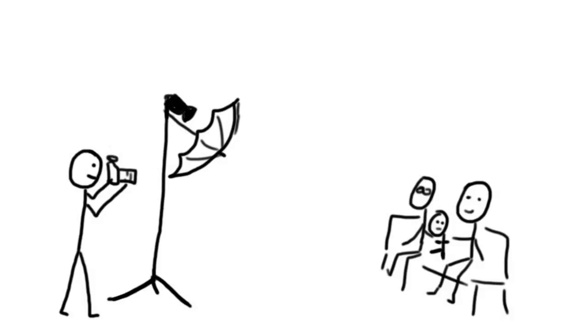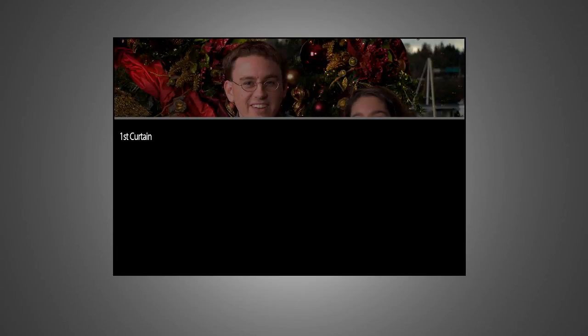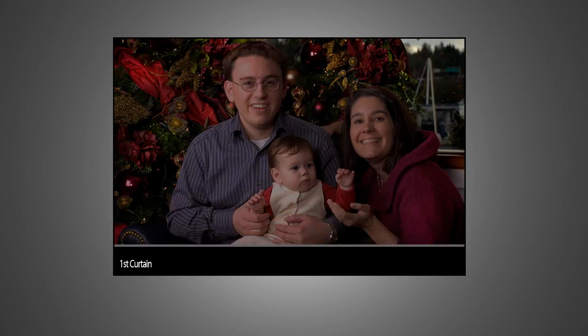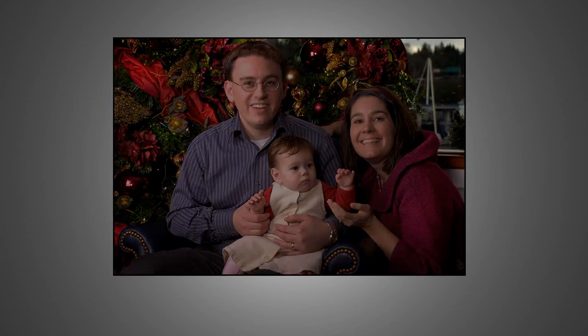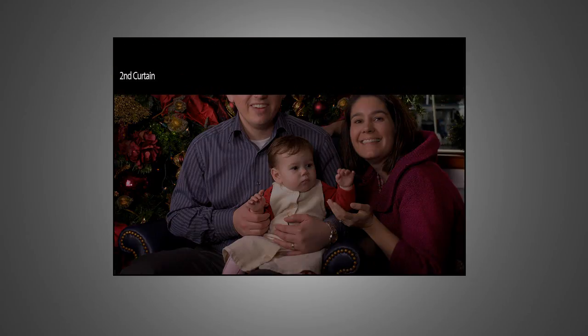Suppose you're taking a photo using a relatively slow shutter speed, like a 30th of a second or 60th of a second. Your camera's shutter module has two blades, usually called curtains. When you click the button to take a picture, the first curtain of the shutter slides down and starts revealing the image to the sensor, and it stays open for the duration of the exposure, and then the second curtain slides down to close the shutter opening, and then they both return to their original position to be prepared for